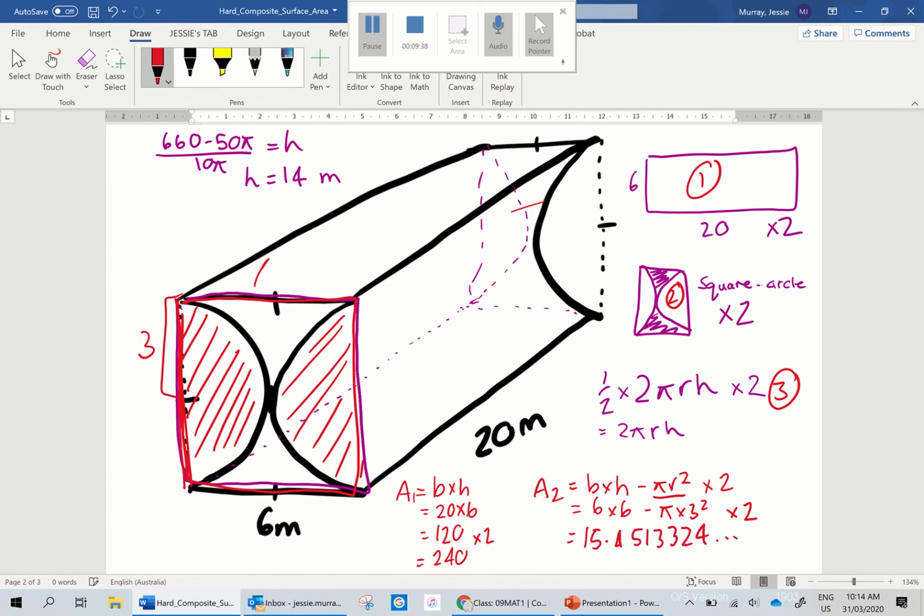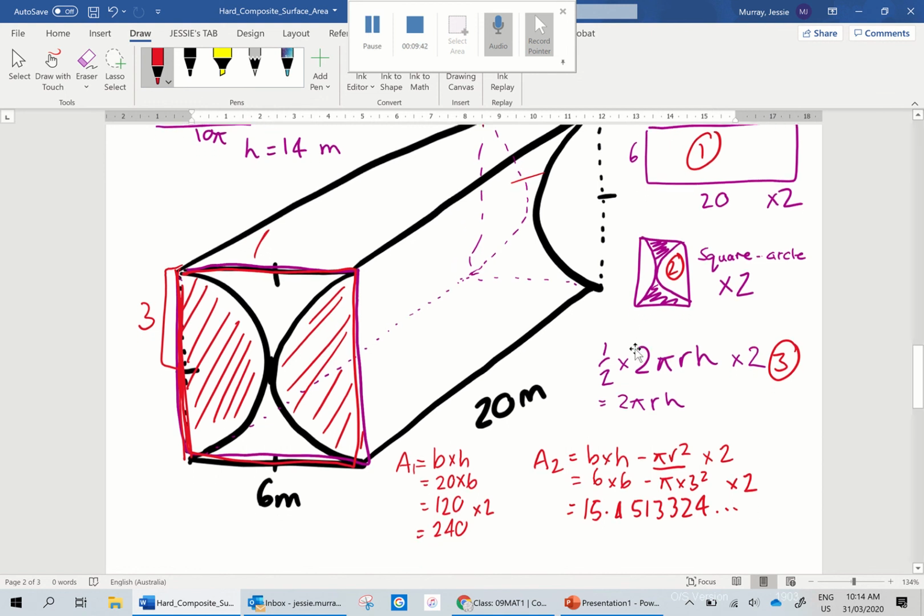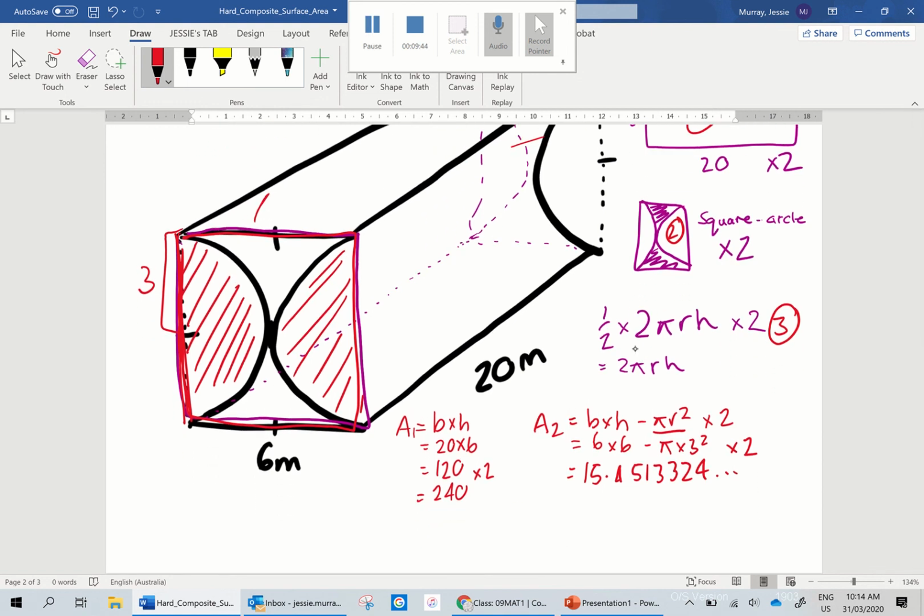15.45133324. All right, ugly, but we can deal with that. And area 3, we know is just going to be that 2 pi RH, and we already spoke about why that is. 2 times by pi times by my radius of that semicircle was 3 times by the height of this cylinder was 20. Putting all of that in, I get